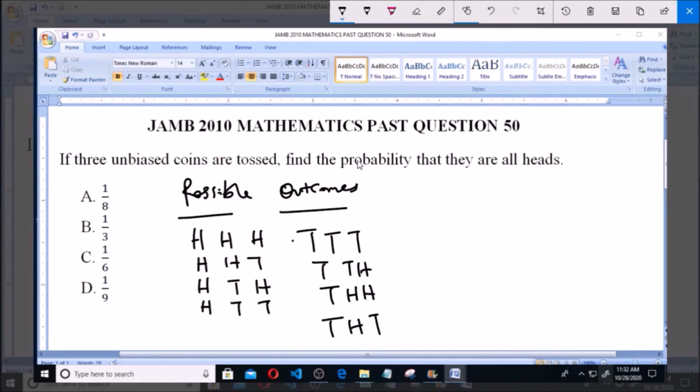Now the question says find the probability that they are all heads. If you look at it, this is the only possible outcome having all heads. So the probability will be this over the total number of possible outcomes, and the total number of possible outcomes is 1, 2, 3, 4, 5, 6, 7, 8. So therefore the probability is 1 over 8, and that is option